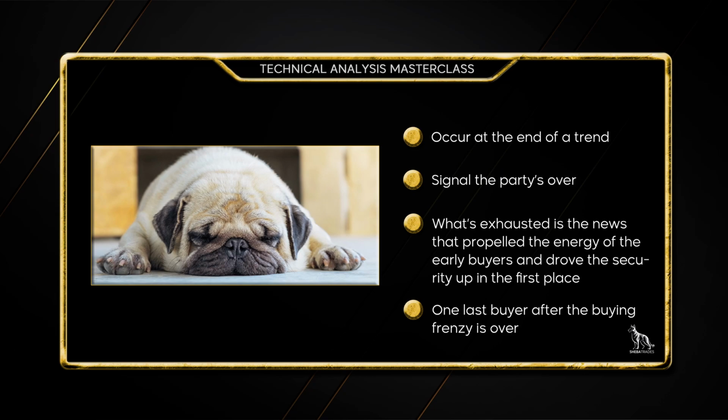Let's say we were in an uptrend. You might have had a breakaway gap that changed the trend and made it go up, which may have been followed by a runaway gap that continued that trend, building onto that momentum. But at some point, it runs out of steam and has maybe another gap up in prices, where you see what's called an exhaustion gap. It's kind of like that one last buyer after a buying frenzy is over, the guy that's just late to the party.